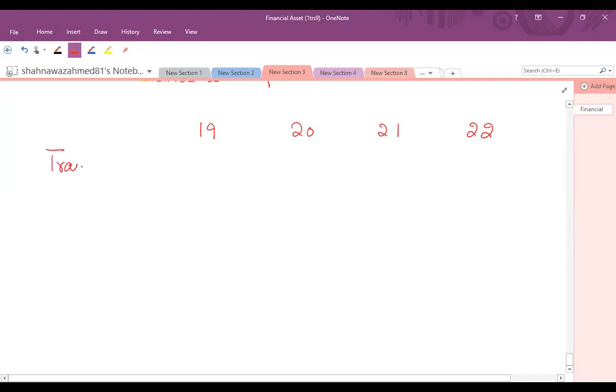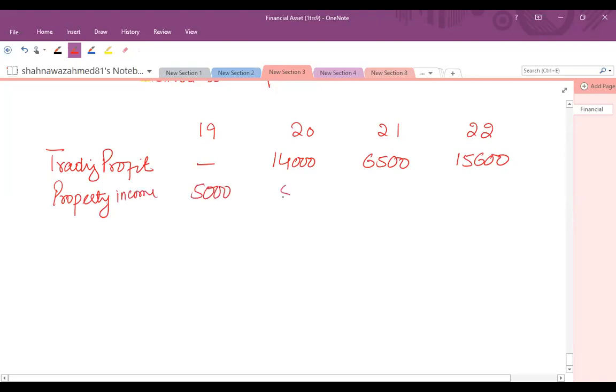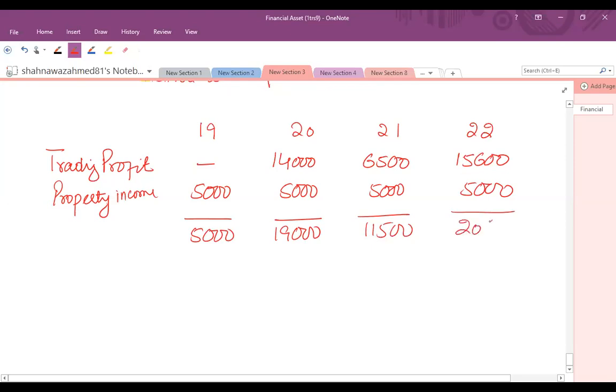So we have trading profit as adjusted for tax. In 19 we have loss. In the subsequent years we have 14,000, 6,500, and 15,600. And then we have property income 5,000 each year. So here it is 5,000, same for each year. So total profit each year we have 19,000, 11,500 and 20,600. So this is total profit,